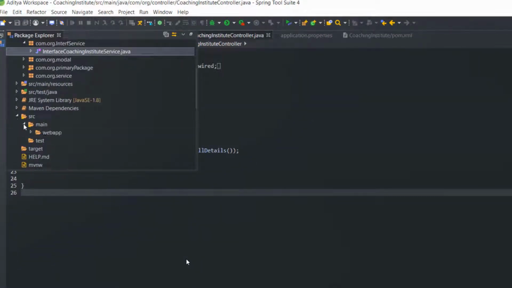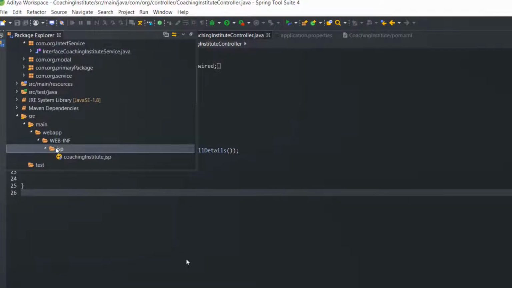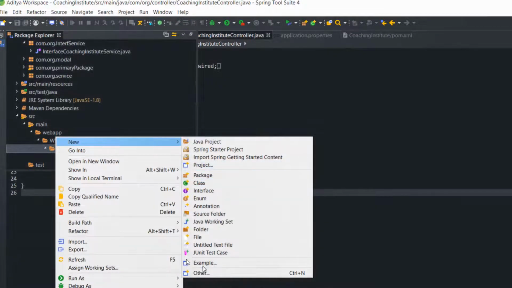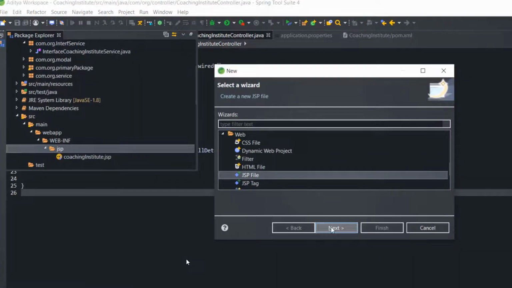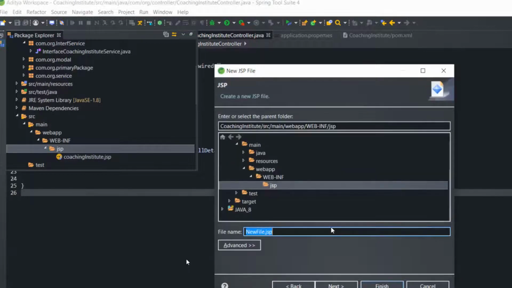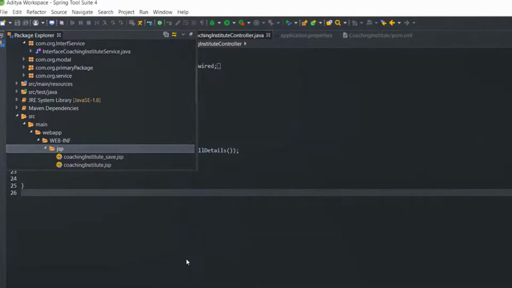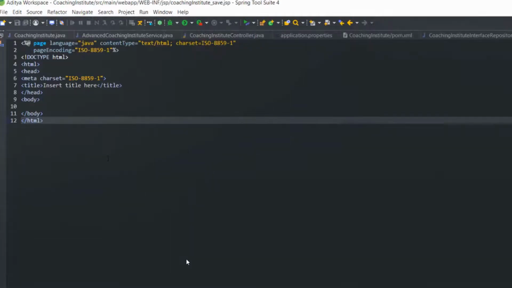Now the next thing we will do, we will add one more JSP to save all the details, and let's say the name of the JSP I will keep as coaching_institute_save. To save time, what I have done, I've already written the coaching_institute_save.jsp with all the fields: ID, salary, fees, maintenance.